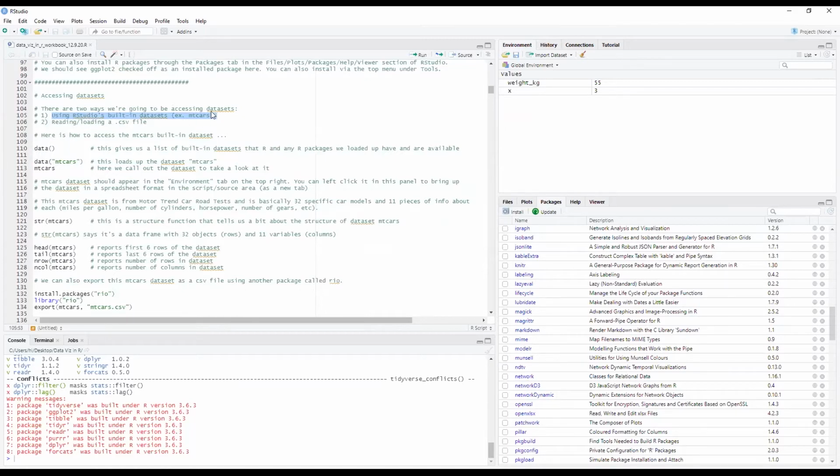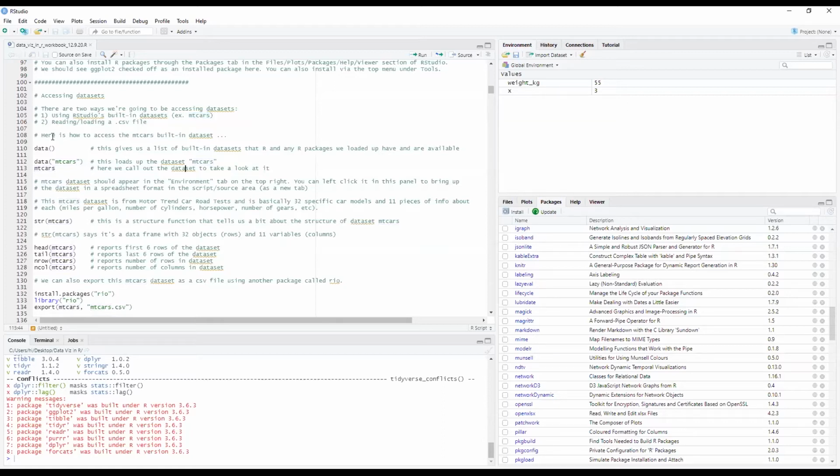One of them is this one called mtcars that we're going to be taking a look at. The second way is how to read and load a CSV file. This could be an Excel file or any other type of data file, but in this case, we're going to do a generic CSV file.